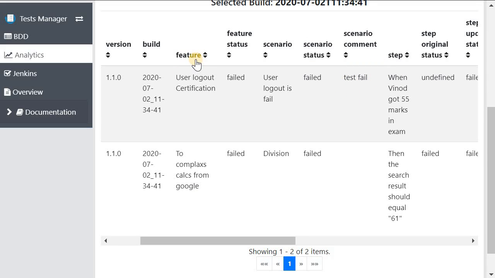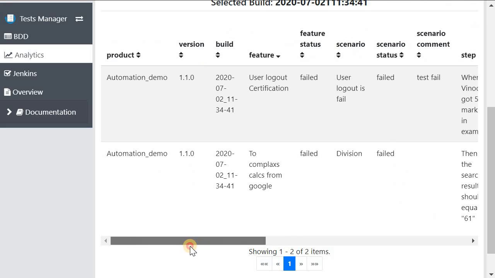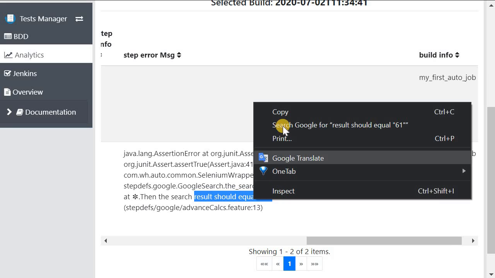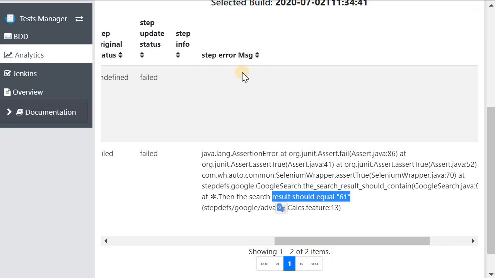So now I can also sort. I can add another condition. For example, I want only this error, so this column is called step error message.